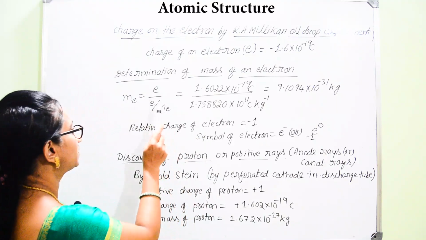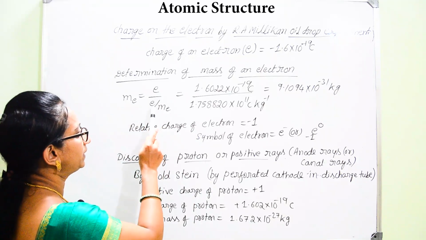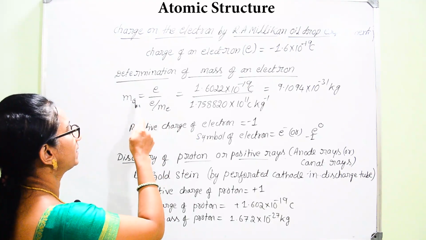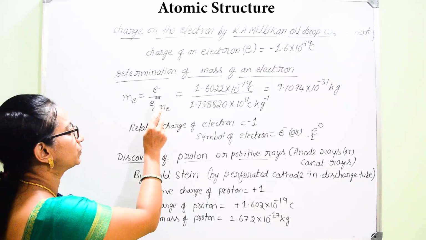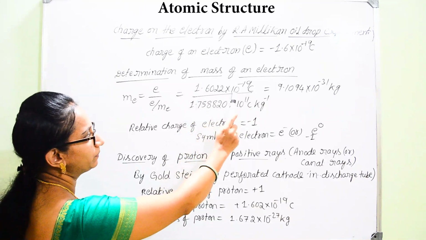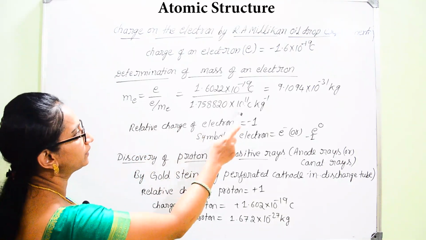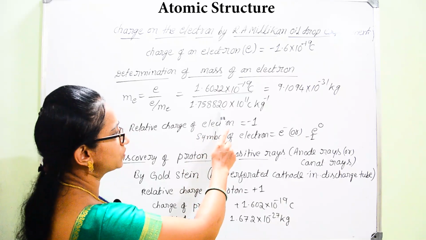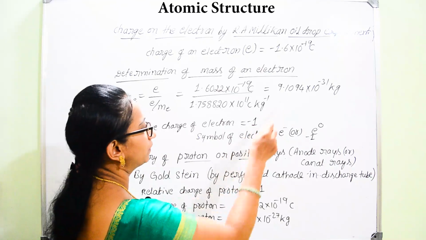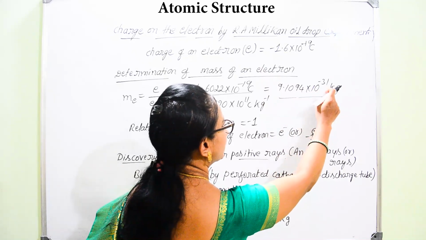So now we can consider this equation. Mass of electron is given as Me is equal to e divided by e by Me. So here if you simplify this, e will get cancelled, you will get nothing but mass of electron. Hence we can substitute the charge value exactly what we got before, that is 1.6022 into 10 power minus 19 coulomb. And for charge to mass ratio, what is that value we got there? 1.758820 into 10 power 11 coulombs per kg. By simplifying these values, you will exactly get this value, that is 9.1094 into 10 power minus 31 kg.